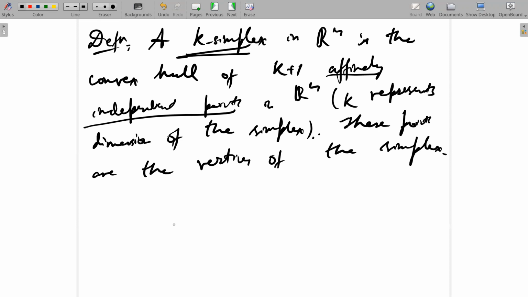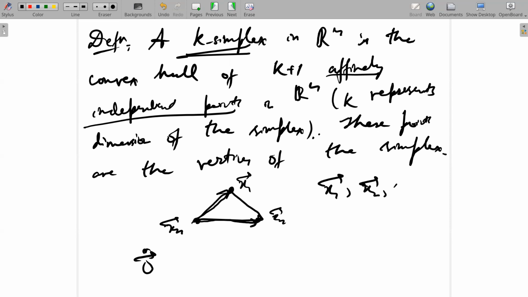Okay. So let's say you have 3 points like this. Then, of course, there will be an affine hull. You'll get a linear thing. Let's say the 0 is here. So these are 3 points. And when can I say they're affinely independent? So I fix a point and I take these 2 vectors. So in R2, are these 2 vectors linearly independent? The answer is yes, right? These 2 vectors are linearly independent in R2, which means, so let me call this x1, x2, x3. So x1, x2, x3 are